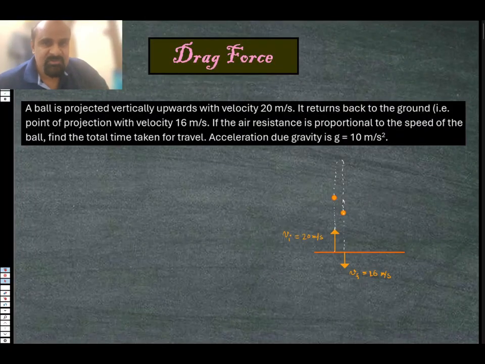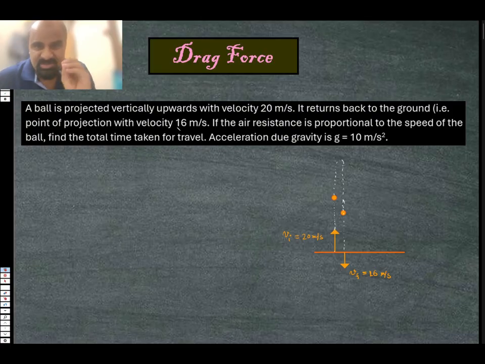So today we are going to deal with some questions with drag force. Drag force means viscous force, or you can say air resistance force. In magnetism, there are a few very good, two, three beautiful questions based on drag force. So what I'm going to do is start with a very basic question of kinematics, where we